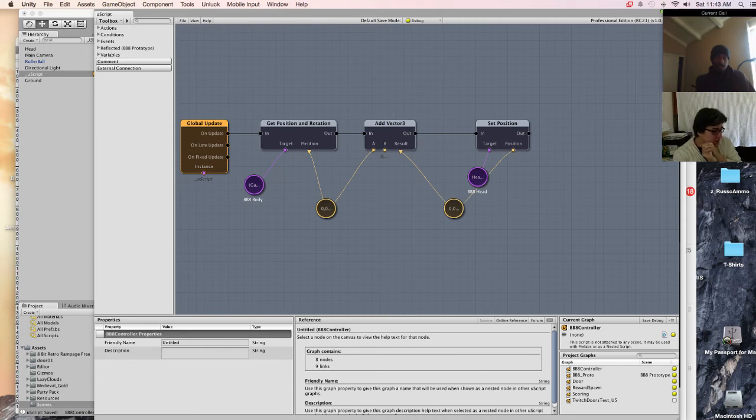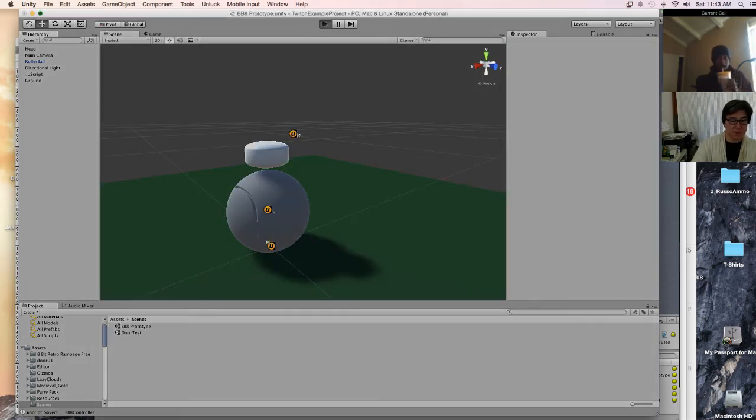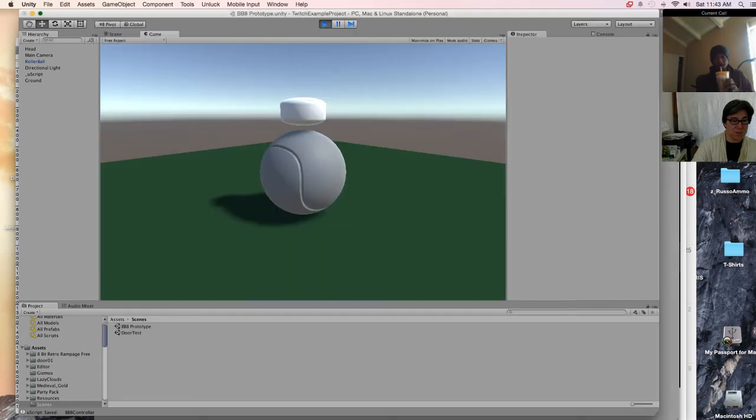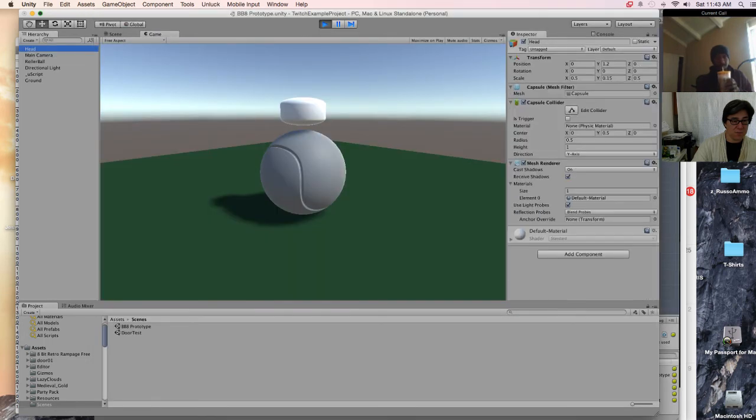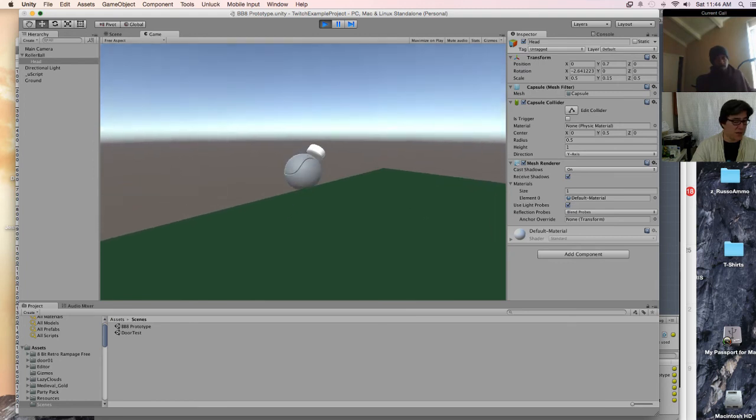Actually, you just missed that. So I was parenting linking it at that point, but what I was getting here, let's see if what I was getting was what it should be doing, right? Is that the head rolls with it, but what we want is the head to stay on top, right?